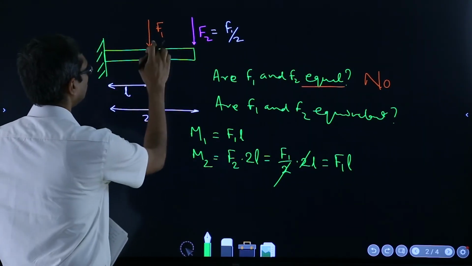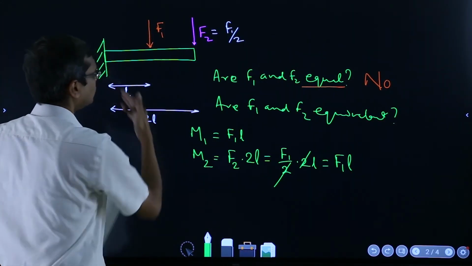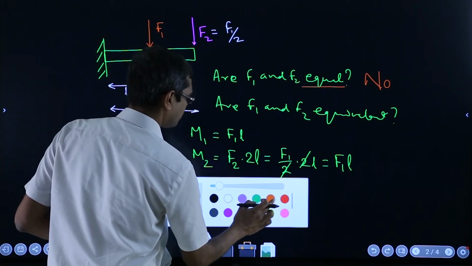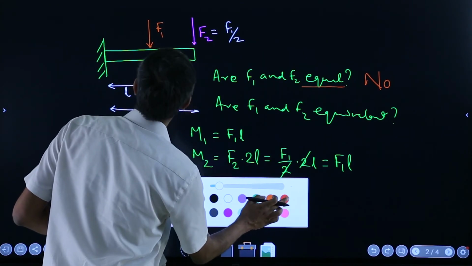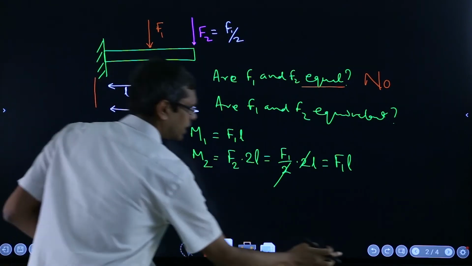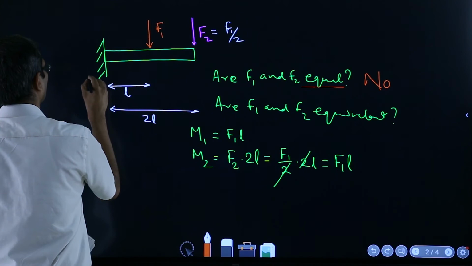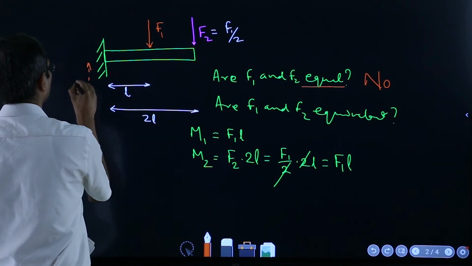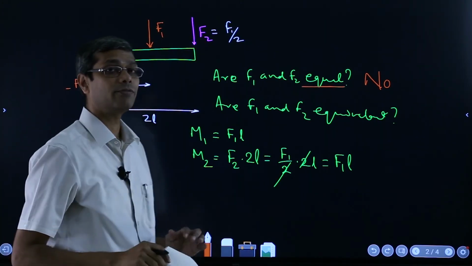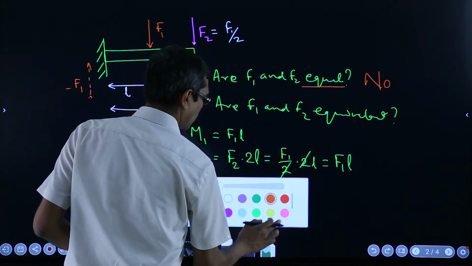Now how much is that force, suppose when F1 only is there, the reaction also will be F1 and in upward direction. Say I'll just put this in orange color. So F1, let me put that in dotted to represent it's the reaction force, minus F1. Similarly, if only the F2 force is applied, then it will have a reaction force of